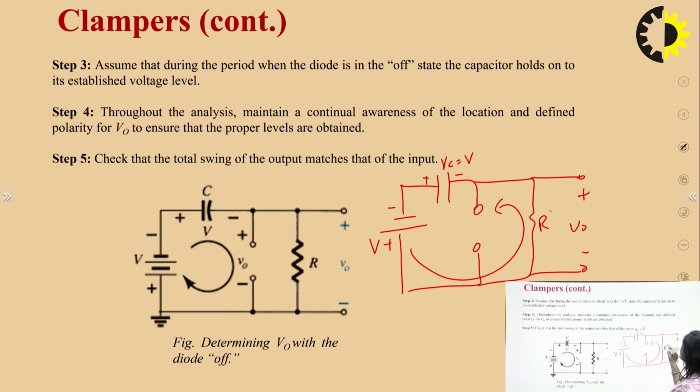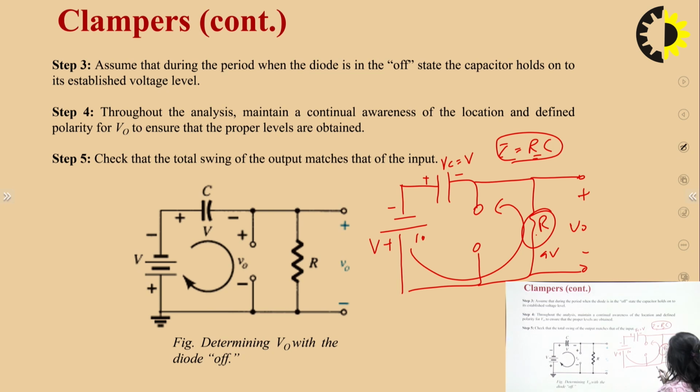Because the value of this R is very high, all the voltage will be consumed here. This capacitor is of 10 volt, so 9 volt will be consumed here and it will get only 1 volt. Its discharging time will be very high, because tau is equal to R into C, and the value of R is very high. That's why the discharging time constant will be very high, so it will take time to discharge. So it will retain the whole charge, and it will not charge again by this voltage.